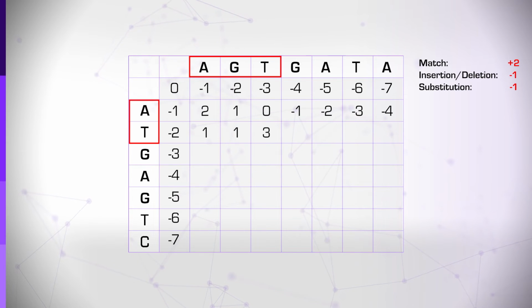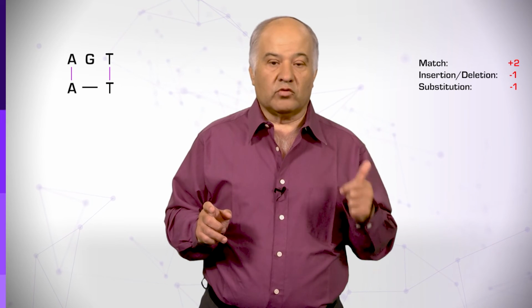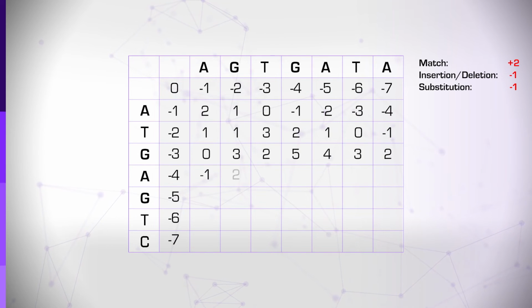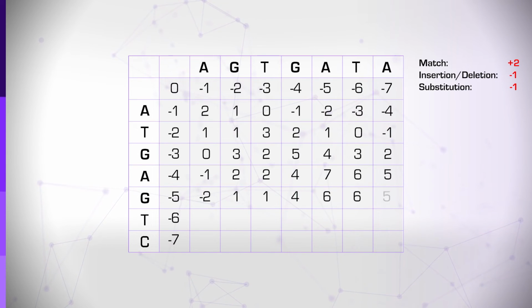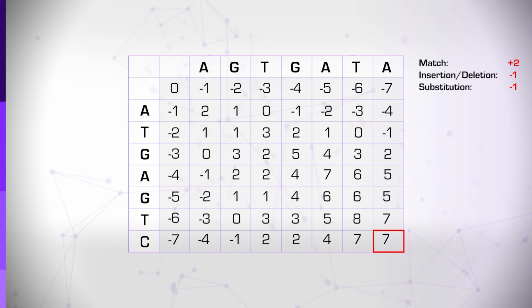Note that this cell represents the alignment of the first three nucleotides of the horizontal sequence with the first two nucleotides of the vertical sequence. This alignment requires two matches and one mismatch. So according to our weights, the alignment should indeed have the value of 2 + 2 - 1, which is +3. The mathematical proof is beyond the scope of our course, but we can show that if we continue the process until we fill in the entire matrix, the value of the cell at the bottom right of the matrix represents the value of the best global alignment between the two sequences. In this example, the numerical value of the alignment under this set of cost is +7.